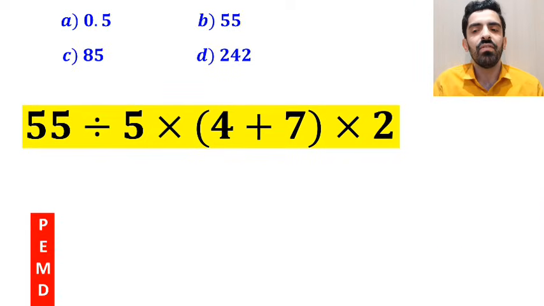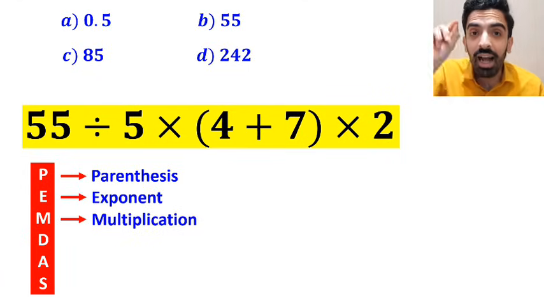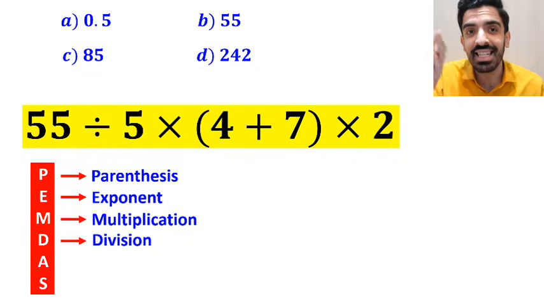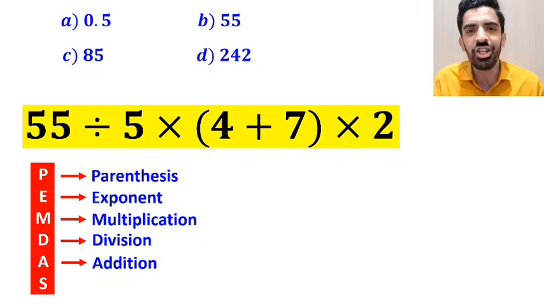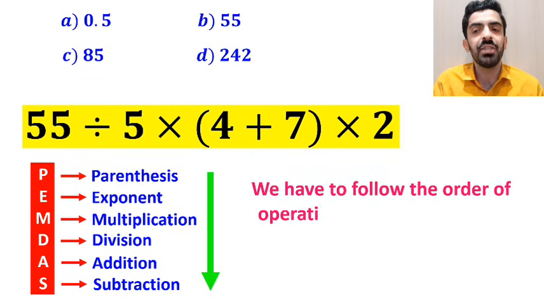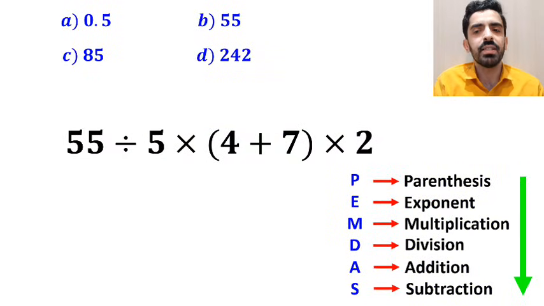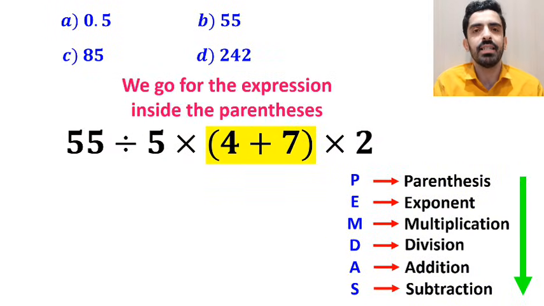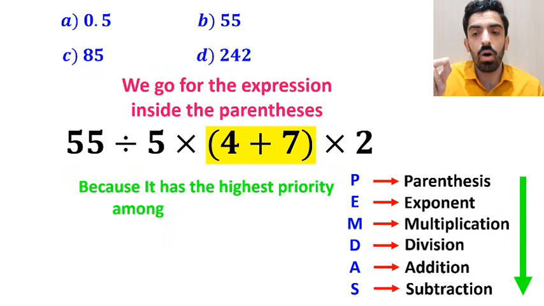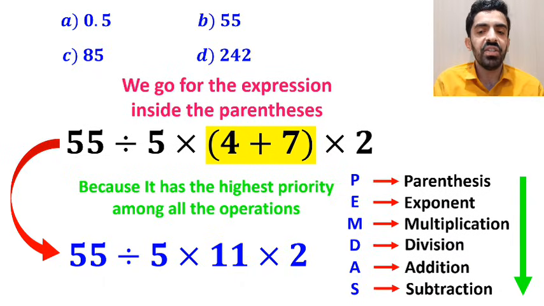To solve this question, we must follow a rule that is called PEMDAS. In this rule, P stands for parentheses, E stands for exponent, M stands for multiplication, D stands for division, A stands for addition, and S stands for subtraction. We have to follow the order of operations I told you, step by step from top to bottom. Okay, at the first step, we go for the expression inside the parentheses because it has the highest priority among all the operations. So, instead of this expression, we can write 55 divided by 5 multiplied by 11 and again